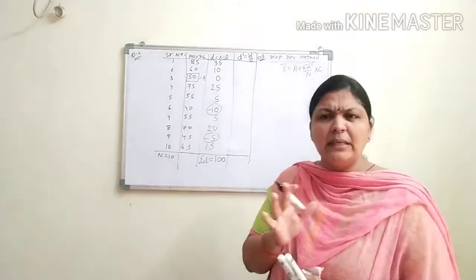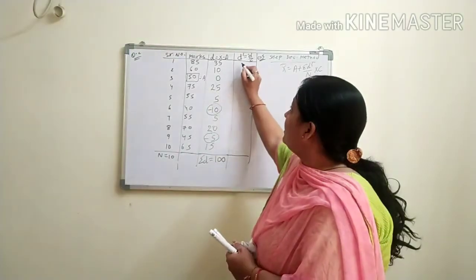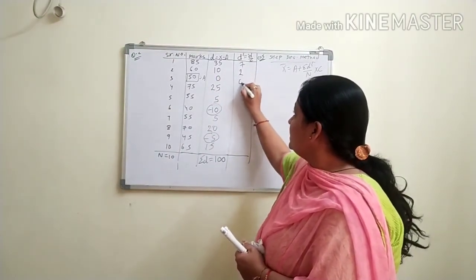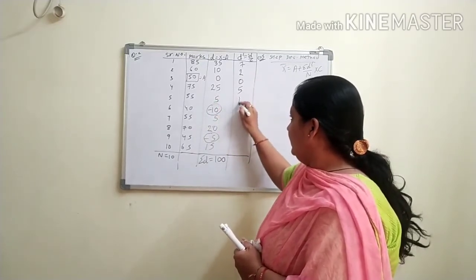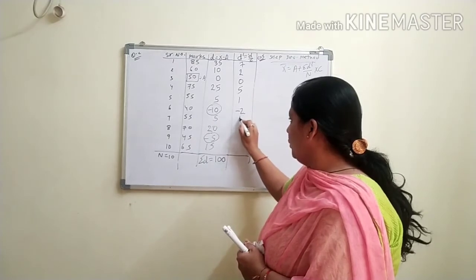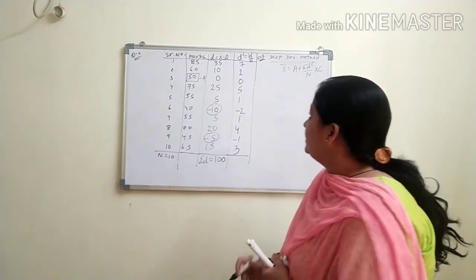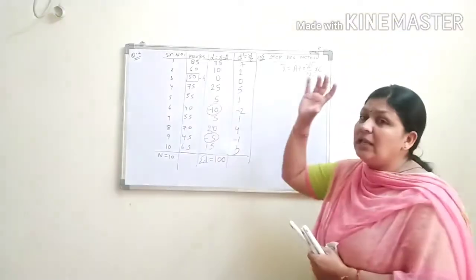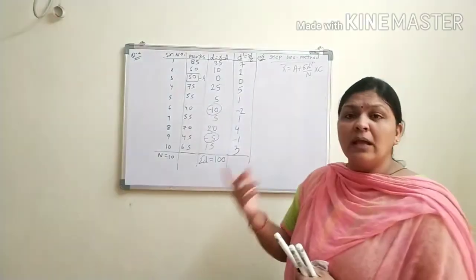You just assume that is your perception, your criteria. So 35 divided by 5, it means 7. 10 divided by 5, 2. 25 divided by 5, 5. Minus 2, 1, 4 minus 1 and 3. Listen students, see carefully. Now your data again becomes और छोटा हो गया है. So that is a very easy way to do the calculation.